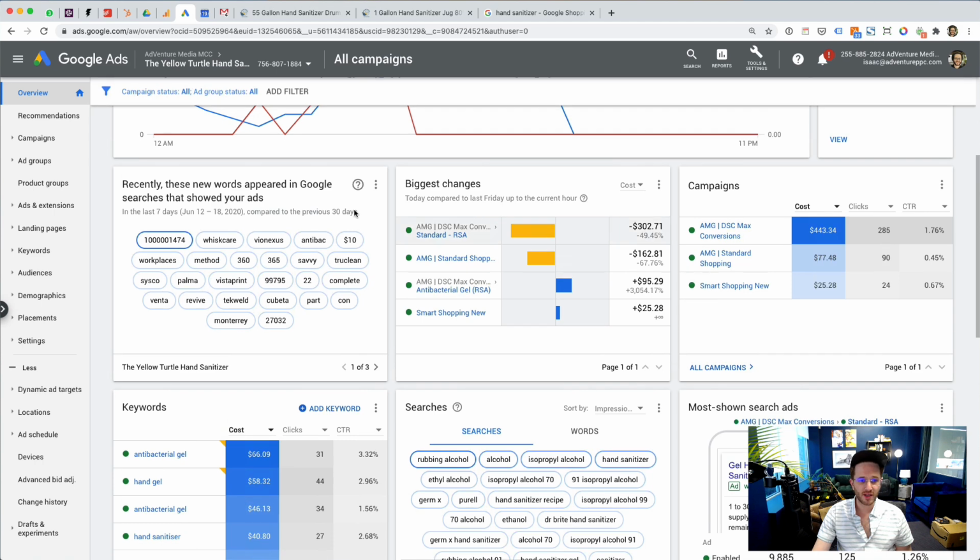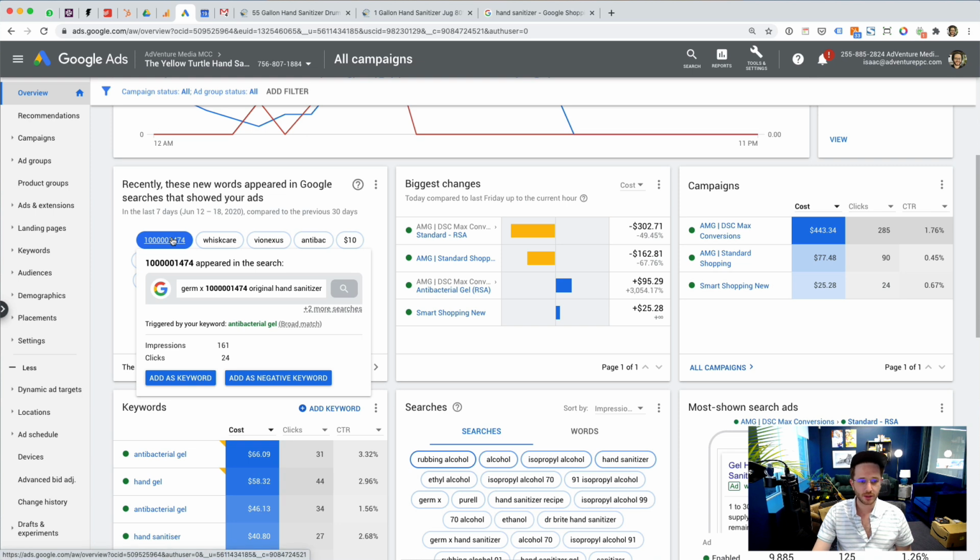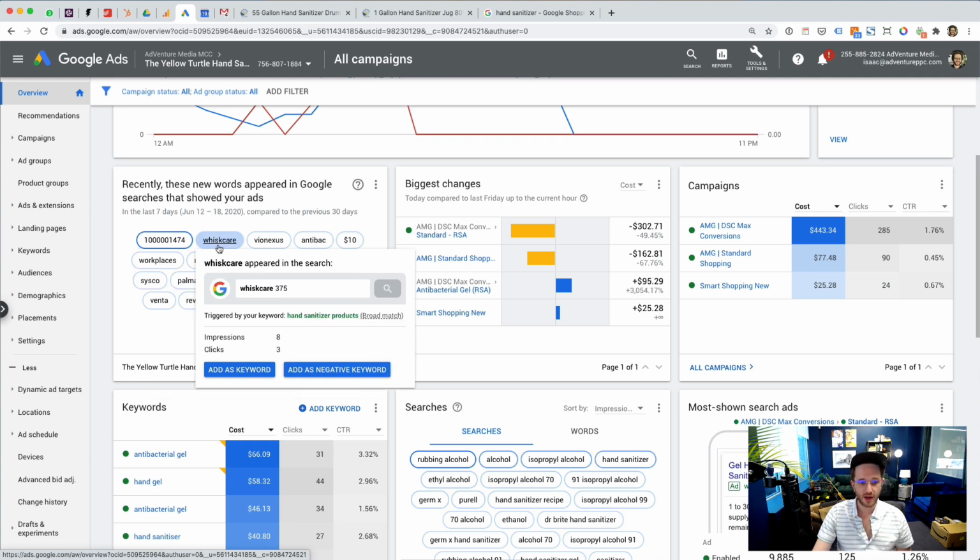These are new words that appeared in your ads. This is good, right? It's new words that appeared in your ad in the last 7 days. It's like, okay, why is this showing up? So this is showing up because it was part of a longer search term. Again, GermX with a model number for original hand sanitizer. Okay, so WhiskCare 375,